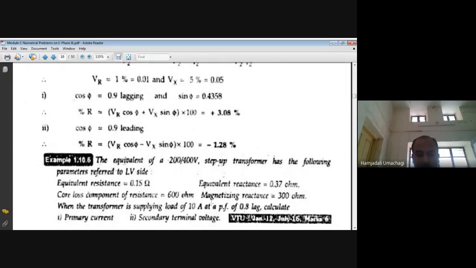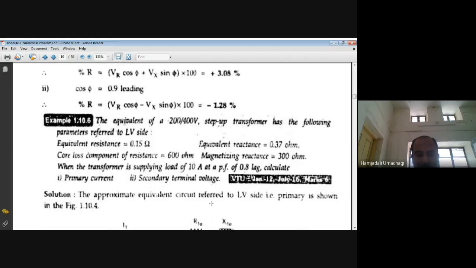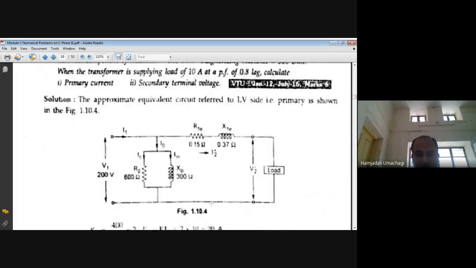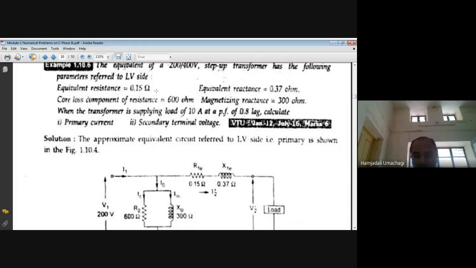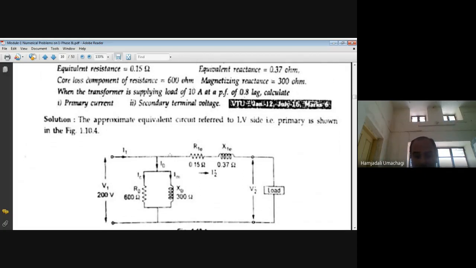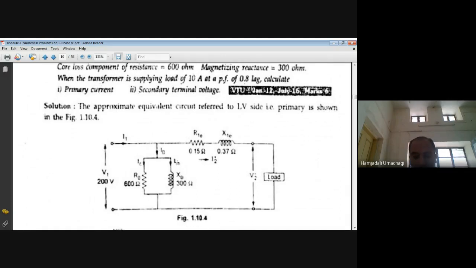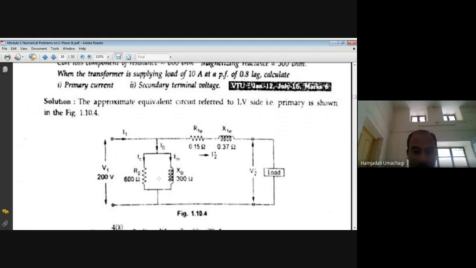There are the same type of problems you can see here. So here there is another problem you can see. Whatever we have discussed, all these parameters are given to you. So after solving all those values of equivalent circuit parameters, what should you do? You need to redraw the circuit diagram. This is the equivalent circuit, primary side. So this is the approximate equivalent circuit, right?